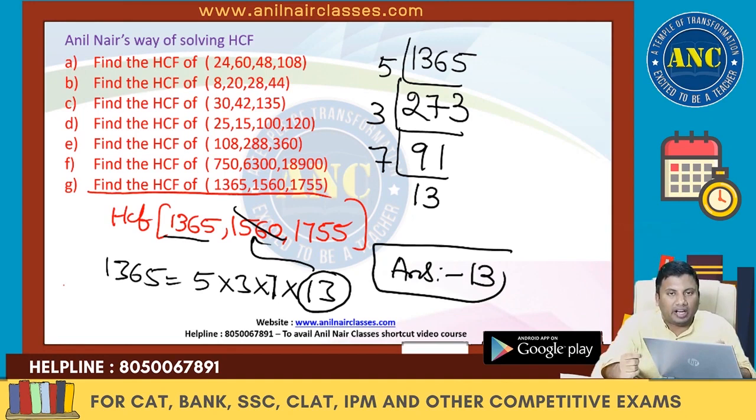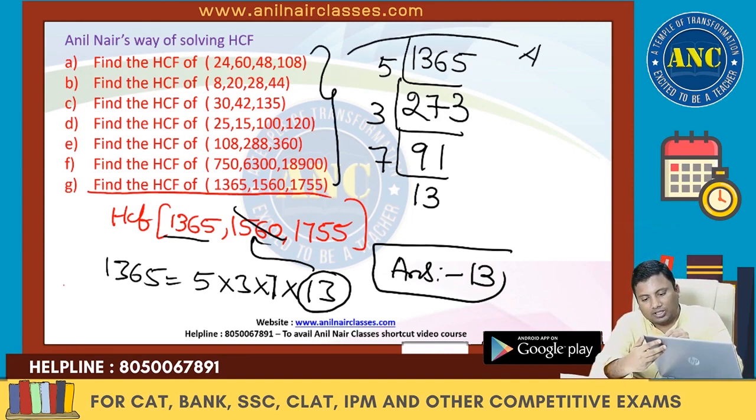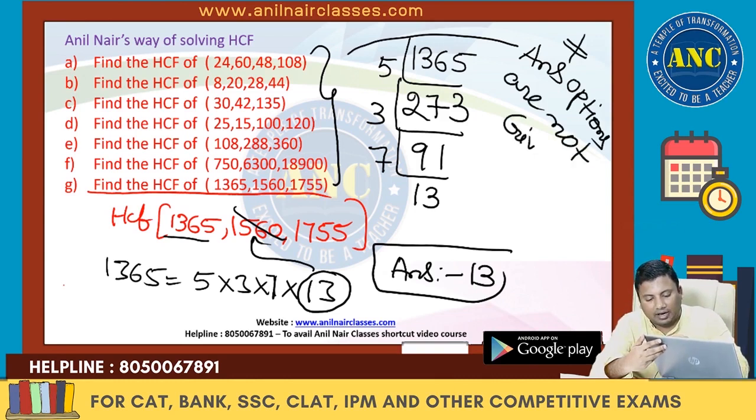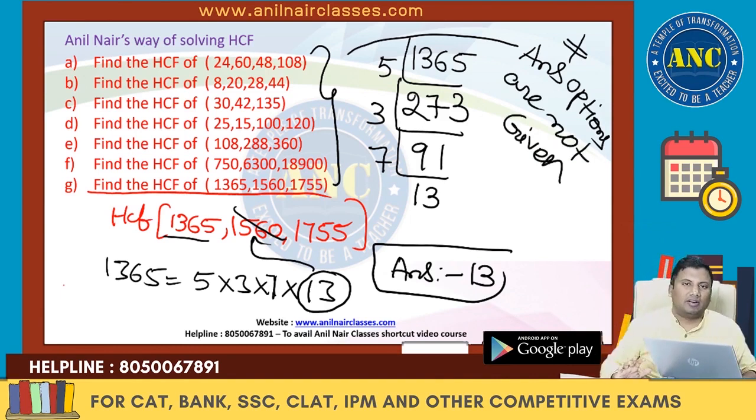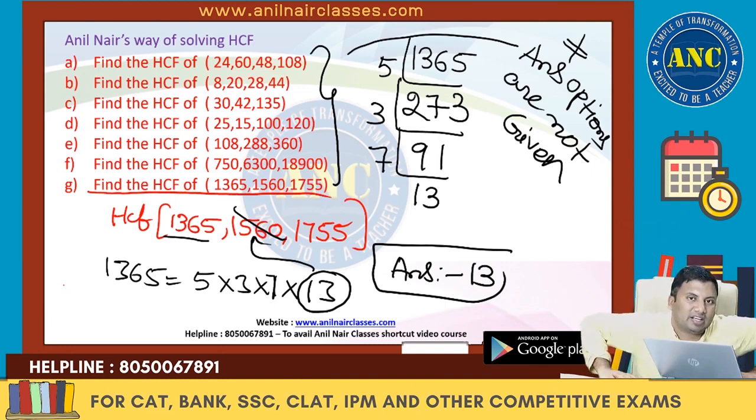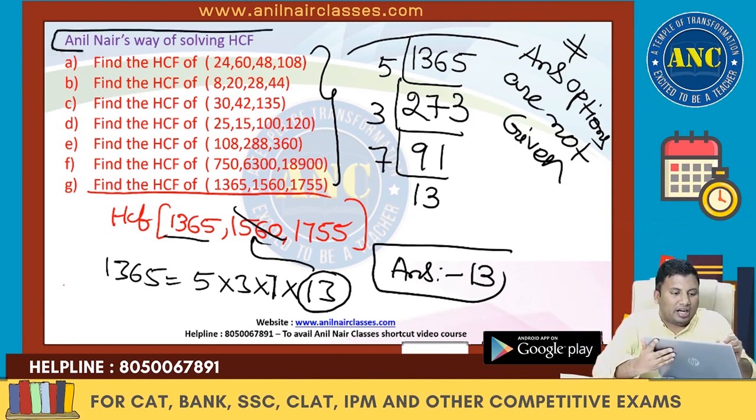Beautiful logical way to solve highest common factor. In none of these questions are answer options given. If answer options are not given, this is one way to solve the question. There are various ways we discussed in our class. Point number 1: the answer is an element in the set of factors of B minus A. Point number 2: the answer can also be written as the lowest power of common prime bases. That I have not discussed. That is something I will discuss. First type today. Is it clear to each one of you?